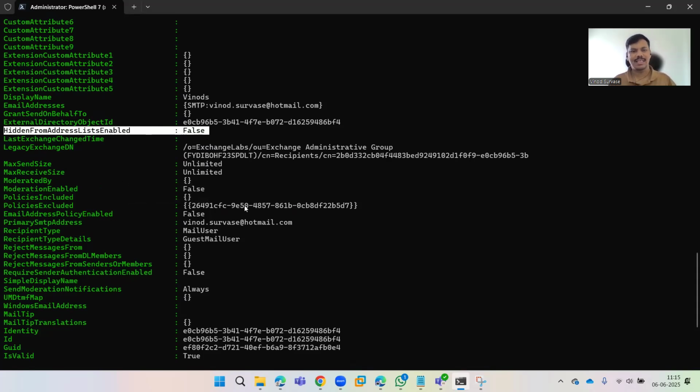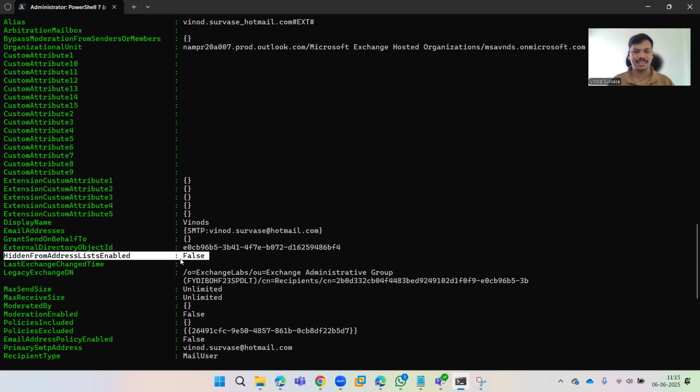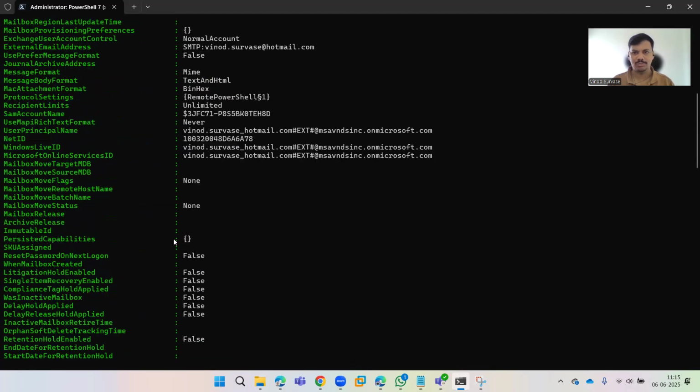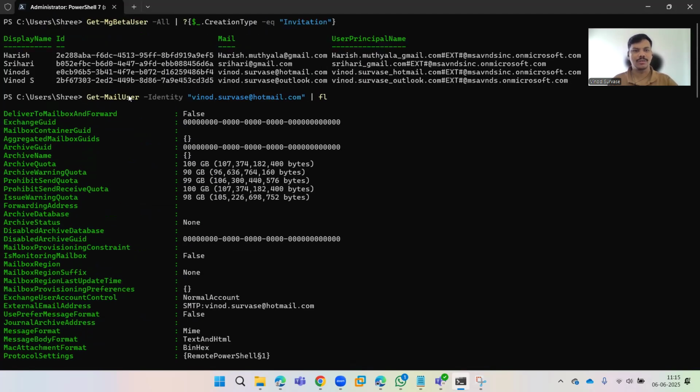So currently this is set to false. That means it is enabled for this account, but by default it's going to be disabled. Disabled as in it's going to be true over here, right? So similarly, I will just pick up one of the accounts from here, right? So let's say this one,